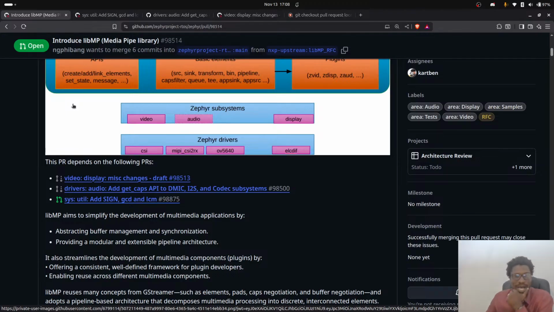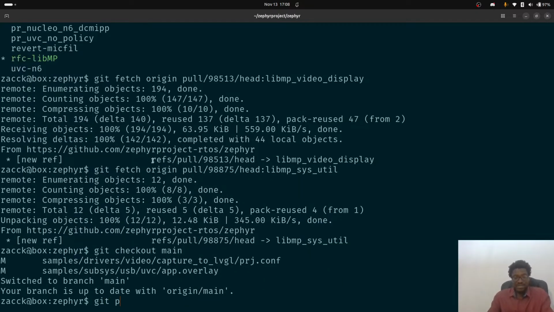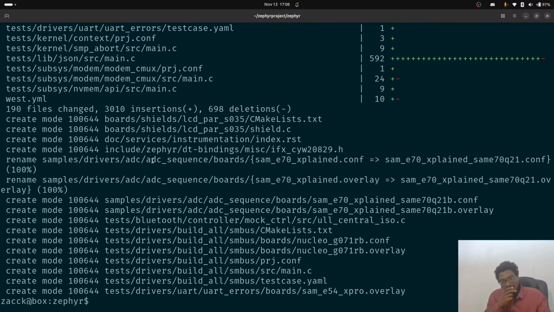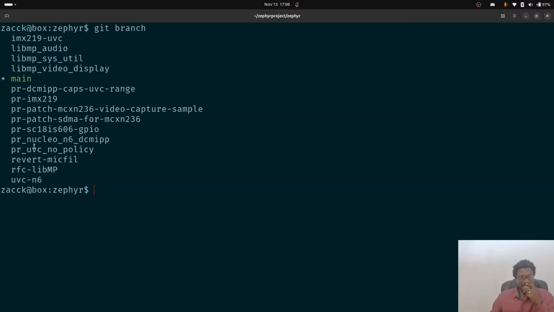So I like going in order of the numbers so that it's easier to put them on top of each other. And I think I'm going to do git checkout main, and then a git pull, so I pull everything. Clear, and then git branch, and there's RFC LibMP. So that's fine. So git checkout -b